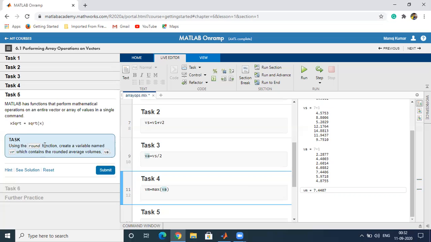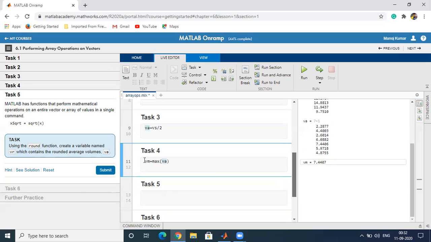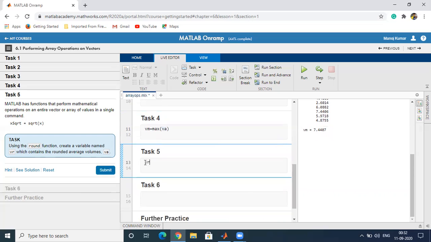Using the round function, create a variable named vr, which contains the rounded average volume.